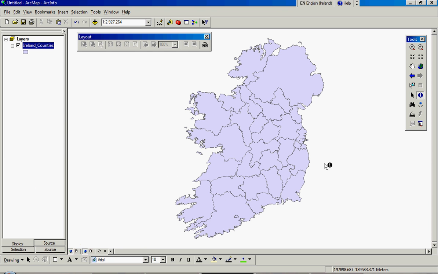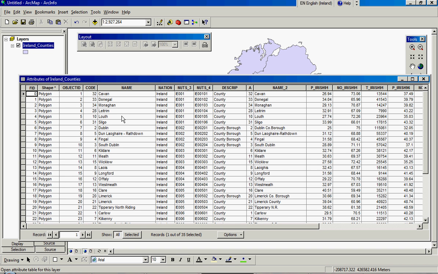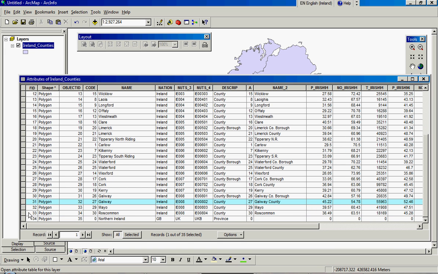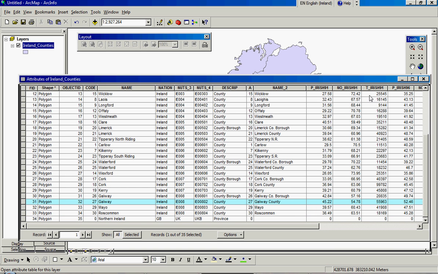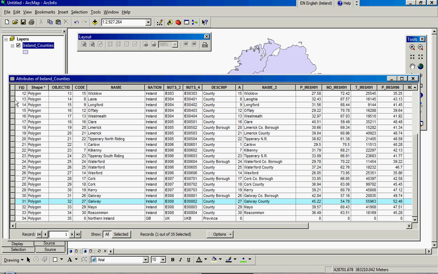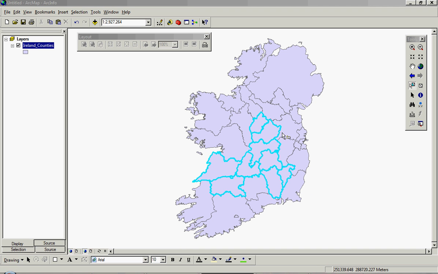The slightly more complex way of selecting data, if we want to highlight data, is to use this tool here, and this is the Select Features tool. Now, if we click on this, it doesn't just identify the features. What it does is it highlights the features in the attribute table. The attribute table is the thing which we'll be introducing also in the first lab. So if we scroll down here, we can see that we have highlighted County Galway. Similarly in here, if we wanted to highlight a number of counties, we can do that quite easily in that